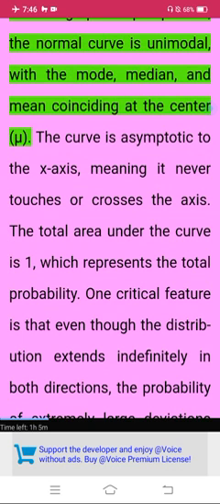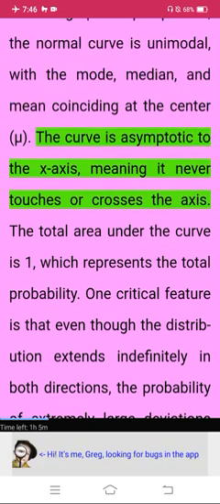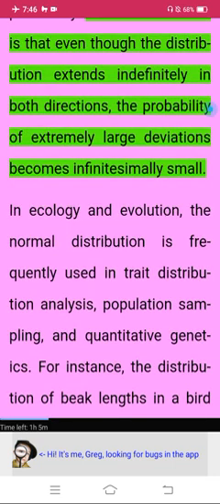From a graphical perspective, the normal curve is unimodal, with the mode, median, and mean coinciding at the center mu. The curve is asymptotic to the x-axis, meaning it never touches or crosses the axis. The total area under the curve is 1, which represents the total probability. One critical feature is that even though the distribution extends indefinitely in both directions, the probability of extremely large deviations